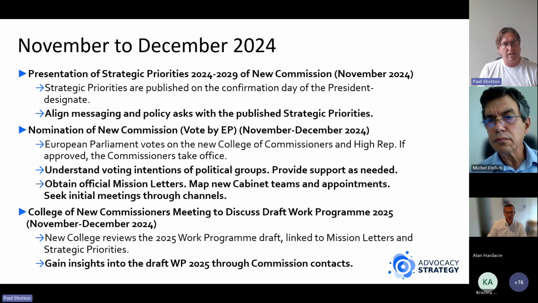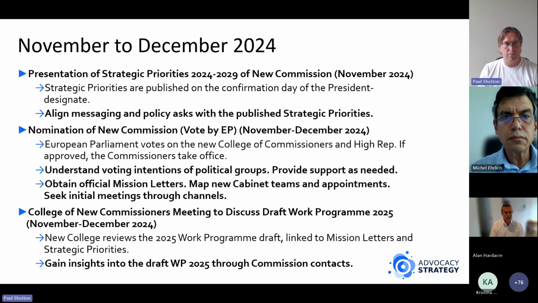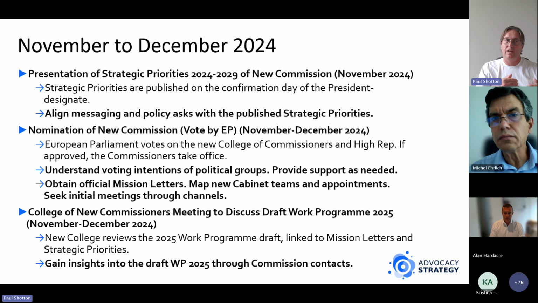Understanding what the new actors are, and mapping those new actors and new teams in particular within the European Commission, having already previously mapped, earlier in the year, the new European Parliament and the many new MEPs that have come to join that institution. So once the